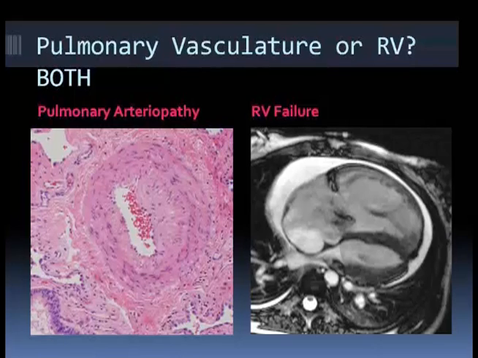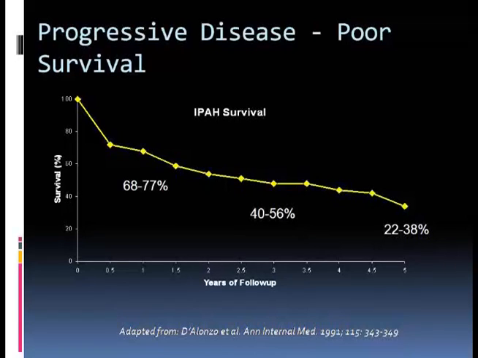And then the problem that actually leads to symptoms, which are symptoms of heart failure actually, and patient's demise is the problem of the right ventricle that fails. So we need to address both of these issues with our therapies and with everything what we're doing. And I submit that probably this is a bigger emergency than addressing pulmonary arteriopathy. That would probably lead to a cure if we would be able to fix that problem.